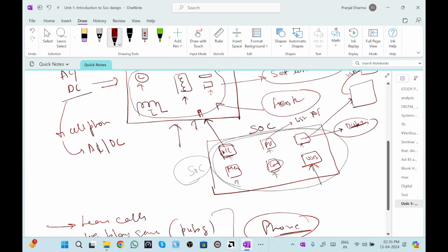They have multiple inputs, and these multiple inputs and outputs are used to make a particular decision. The decision can be AC/DC conversion. We can use a VGA converter for a display, an RF signal, or a USB. We can use one of the ports for some operations we want to attain. And we have one more port where we can put memories, RAMs, like static RAM and dynamic RAM, DRAM and SRAM.